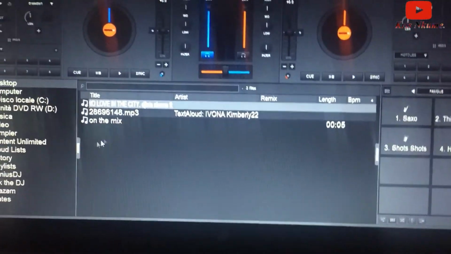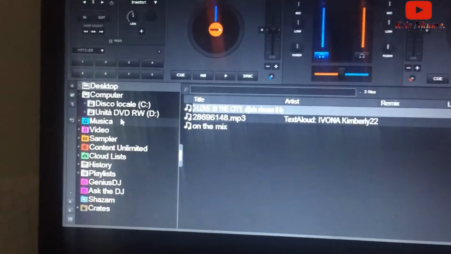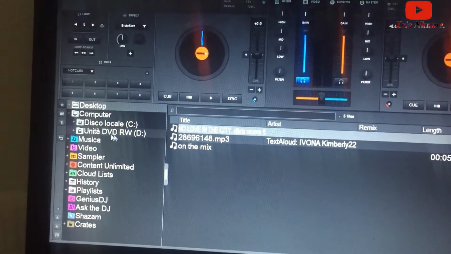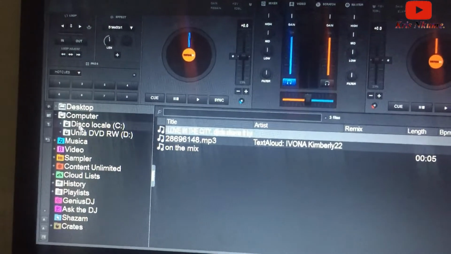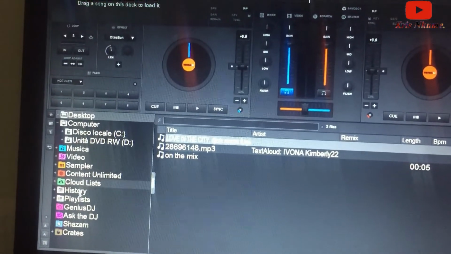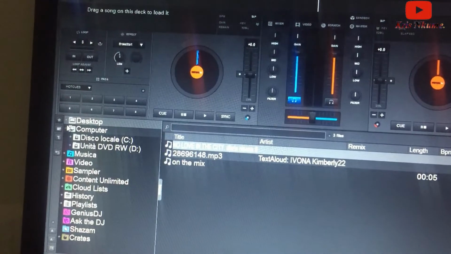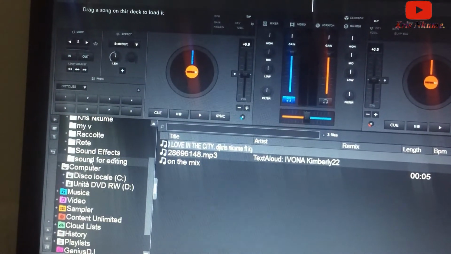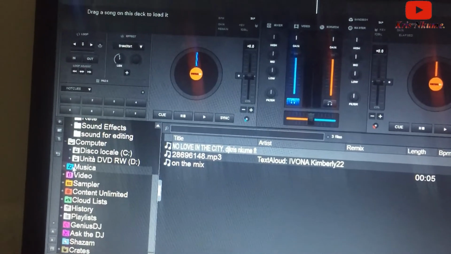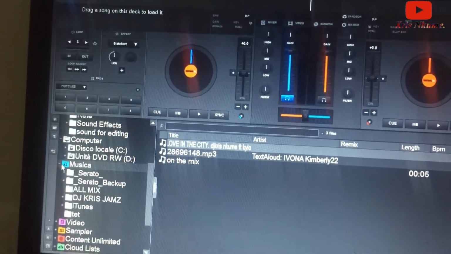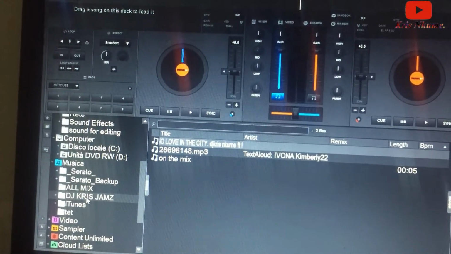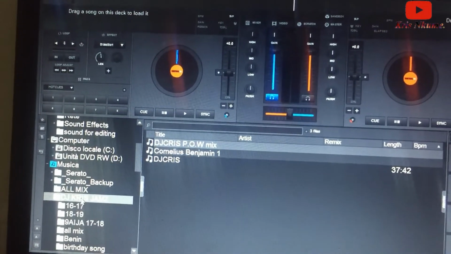But the point is, if you want to change it and put your own in, what you do, for instance, let me show you. You go to where you saved your name, if it's at the desktop or the computer or in any folder at all. Like for me, I set my own on music, so I have to select where music is on this laptop. Okay, let's check it out. Okay, here it is, music. Then this is my file, DJ Chris Nkume, DJ Chris Jams. That's where all my music is.